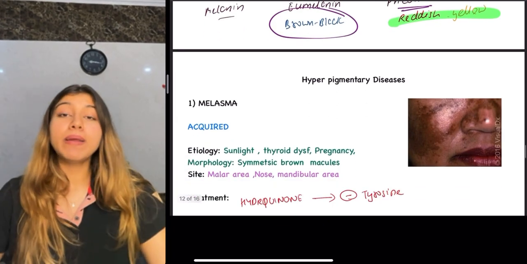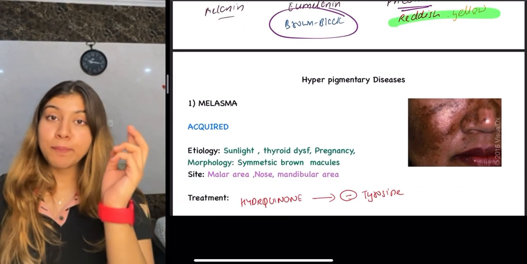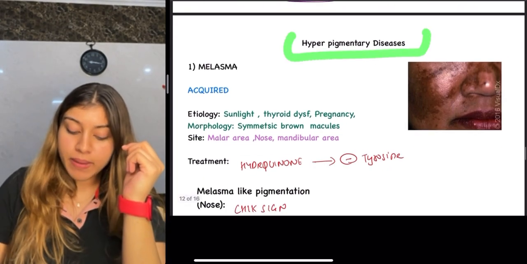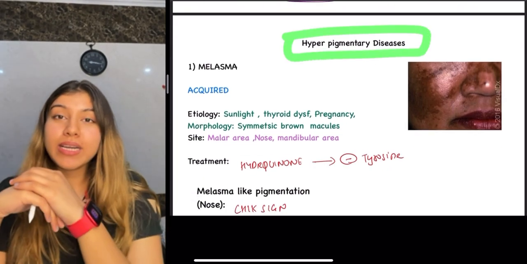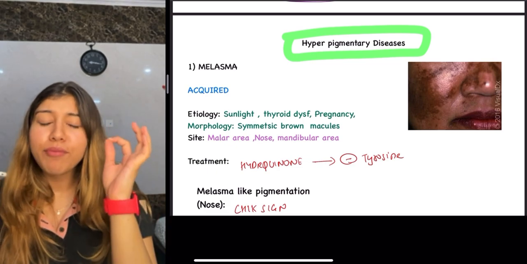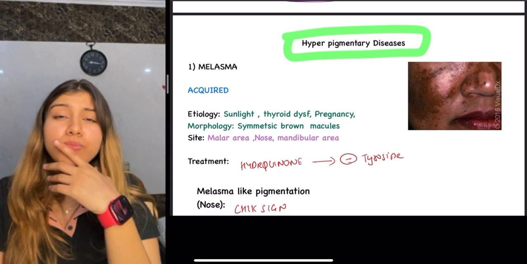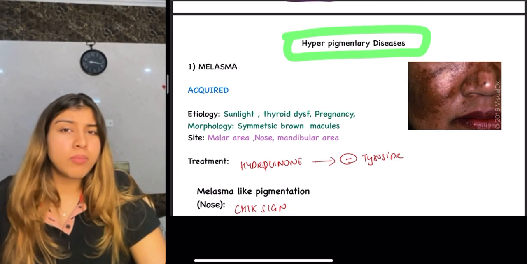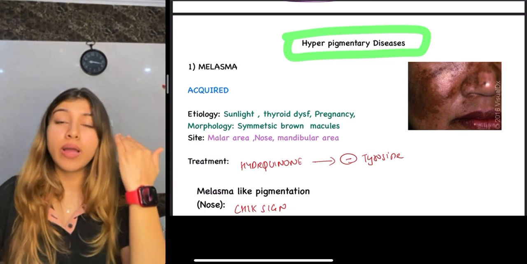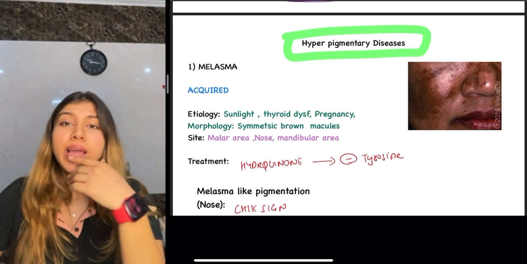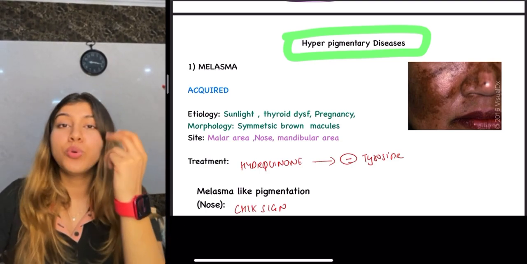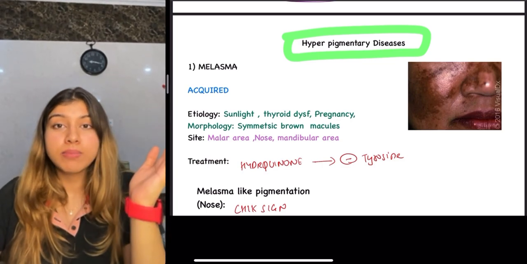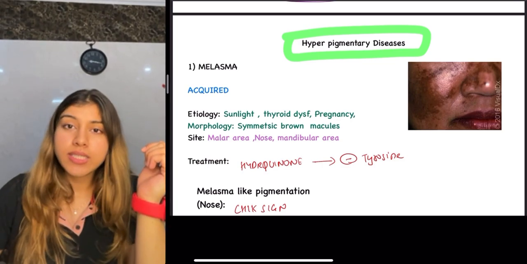Now, under pigmentary diseases, guys, we differentiate between hyperpigmented and hypopigmented. We're going to first start with our hyperpigmentary disease. Under hyperpigmentary disease, guys, melasma, very common. You will see this very commonly in women, especially in India, since most of the women, they really don't care. They just go in the sun just like that. And we have a lot of daily wage workers who don't really know the concept of sunscreen, or at least using an umbrella covering themselves. So this is actually the sad truth.